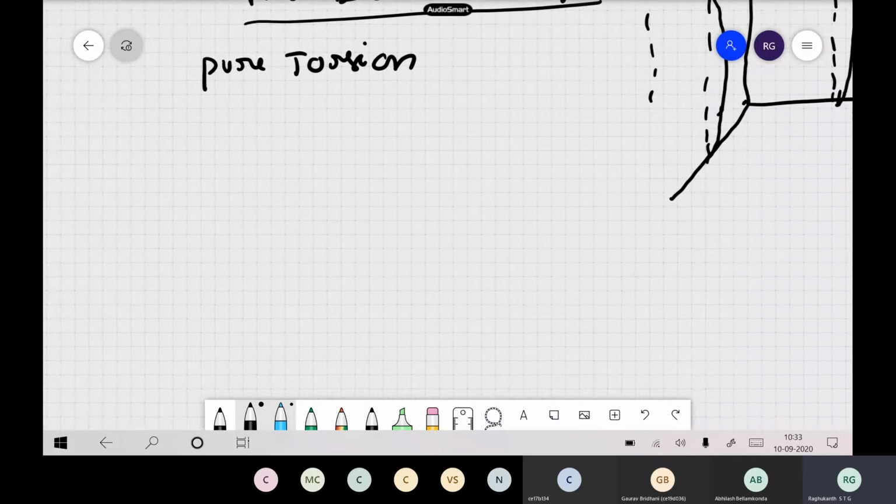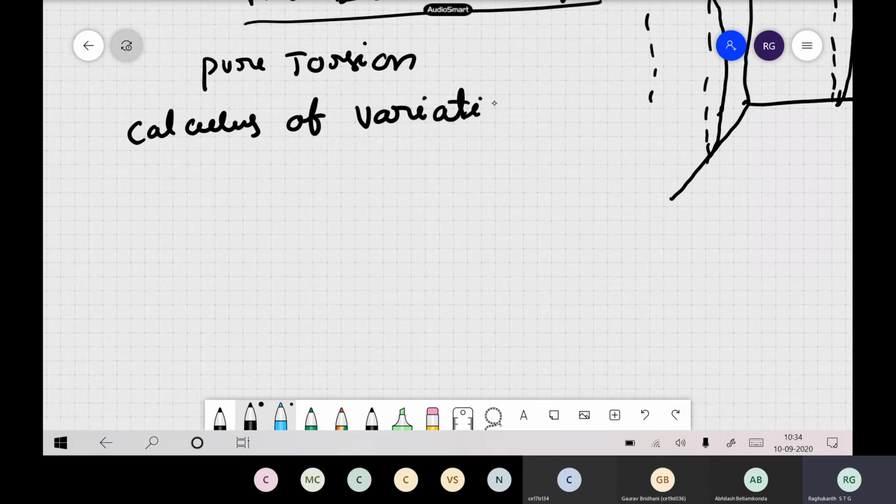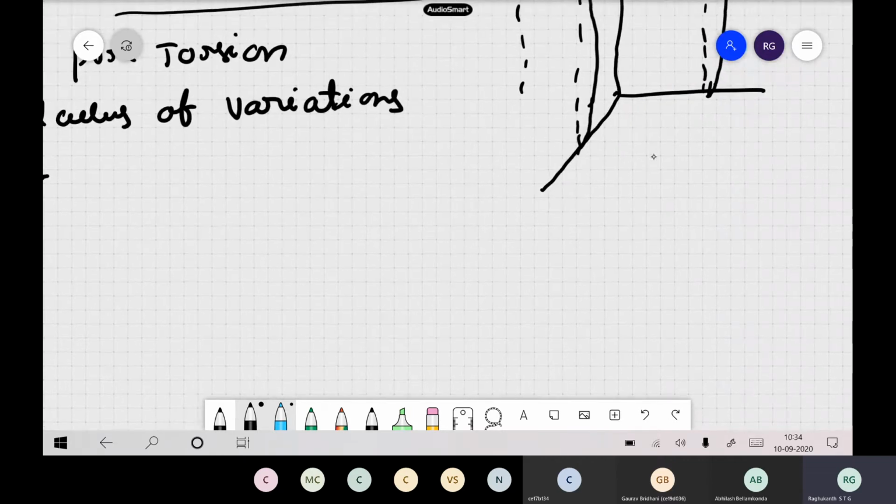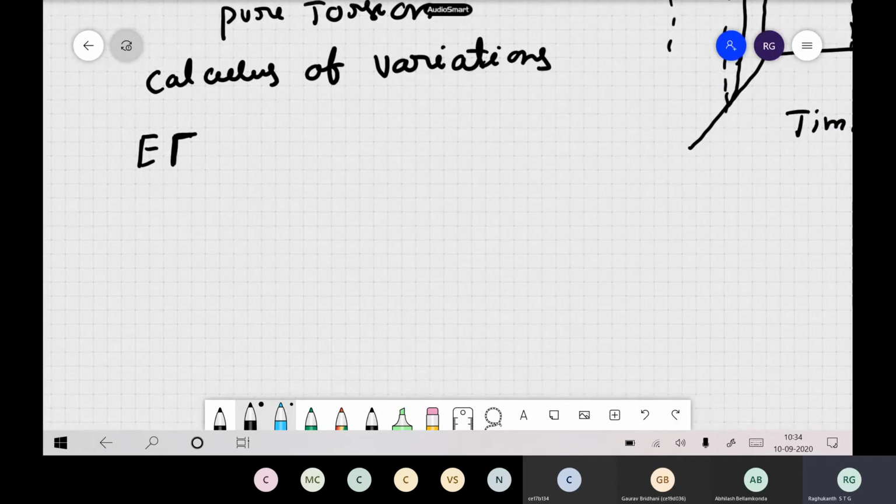So if you try to write the equation of equilibrium, the same calculus of variations you can use, or you can go by the membrane analogy theory and all those things. Okay, so the equation of motion I am just writing here, you can derive yourself. If you want to derive this equation of motion, you can see the Timoshenko book, Theory of Elastic Stability. I think they would have given it to you, or maybe the soft copy. In the Timoshenko textbook we have this derivation.